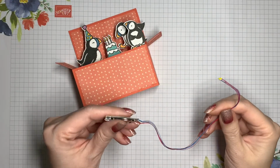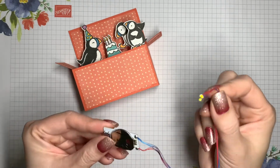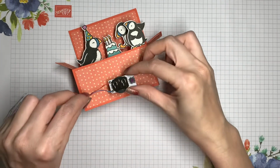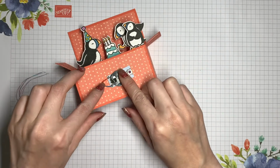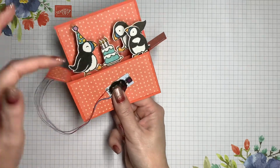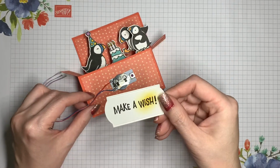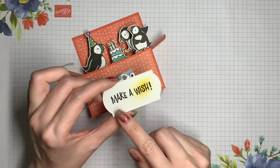Here's the light unit, and I've already put the battery into this one. I always like to check it first before I go further, and it works perfectly. So what I want to do for this design is to put my sentiment on the front. I'm going to thread the wires through to the middle of the box card and behind the flames of the candles. I've chosen to stamp my sentiment onto one of the painted labels dies,